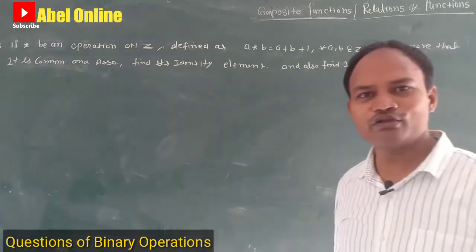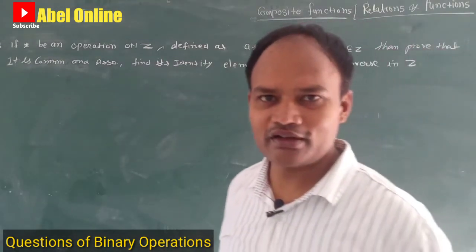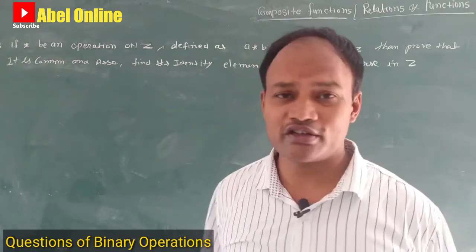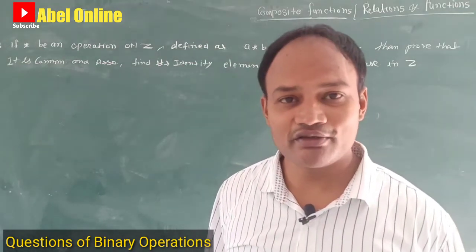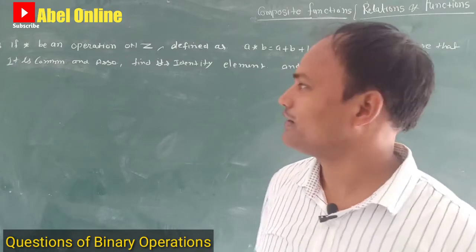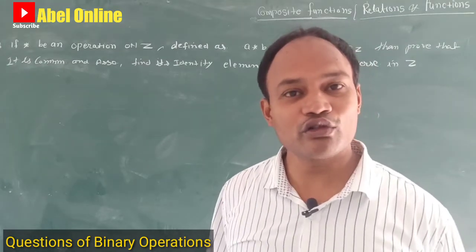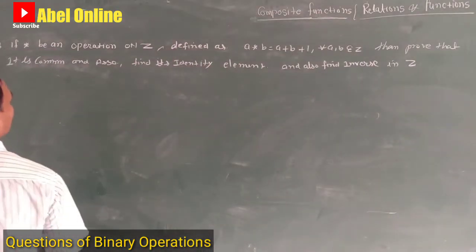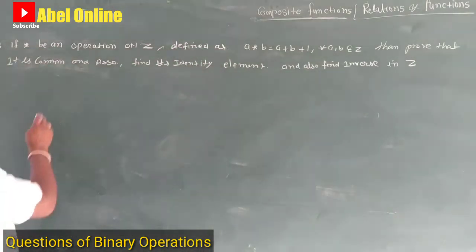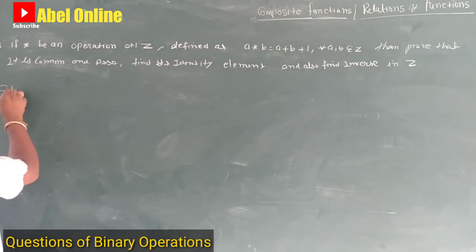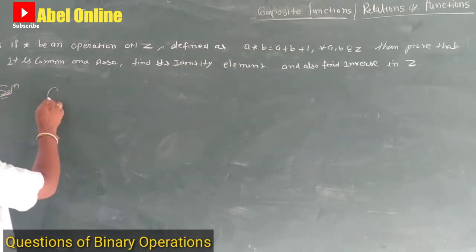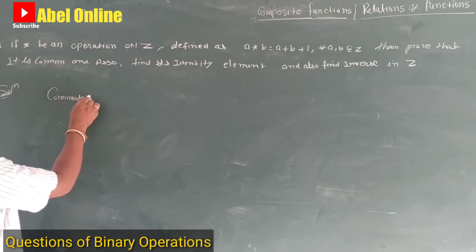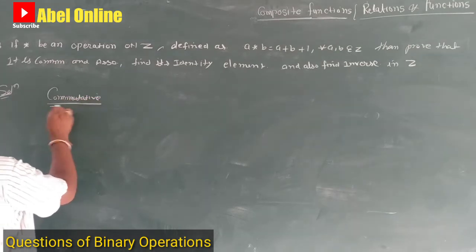So students, you can solve this question very well because we have solved a lot of questions regarding commutative and associative, but after it we are solving this question. So I think you are not having any problem regarding commutative and associative. Okay, it's not a matter. Now we are again solving commutative. Now first is commutative.